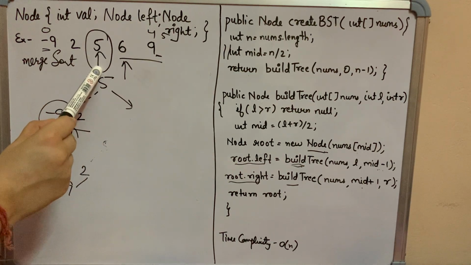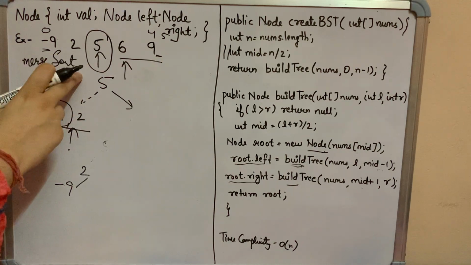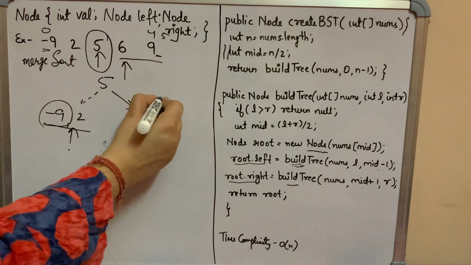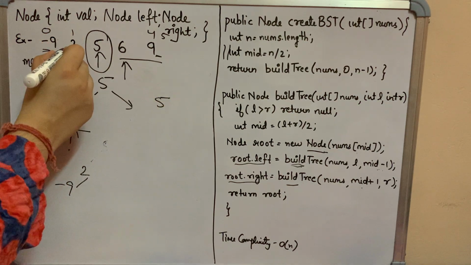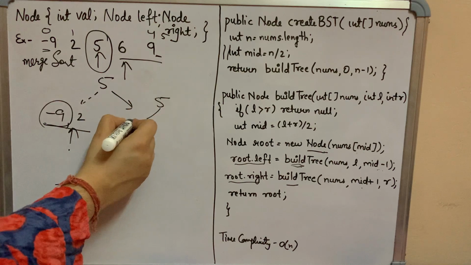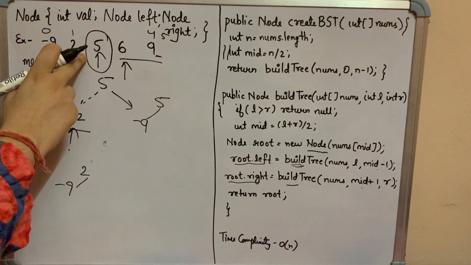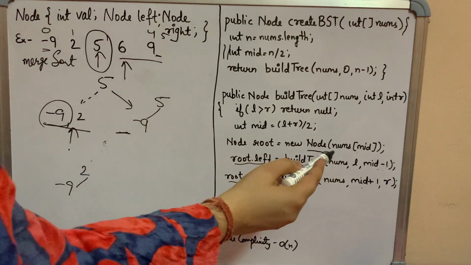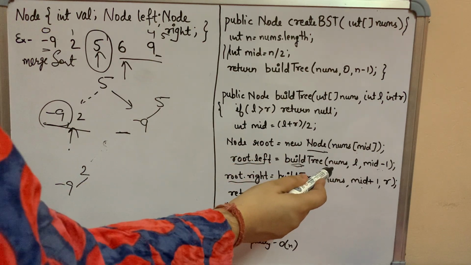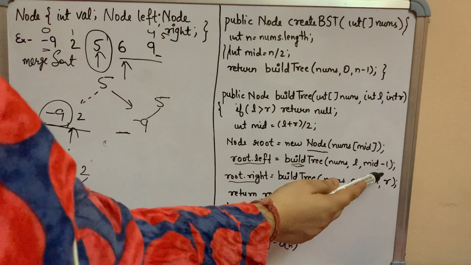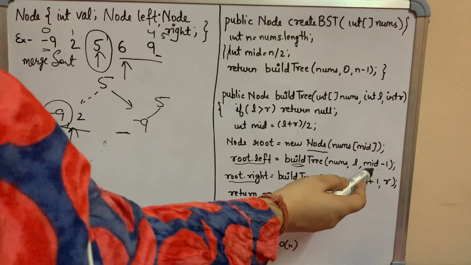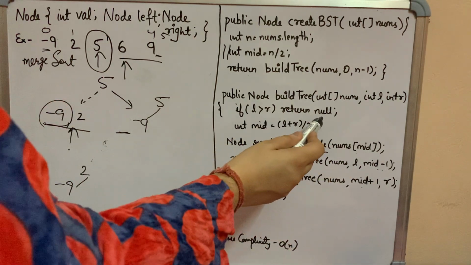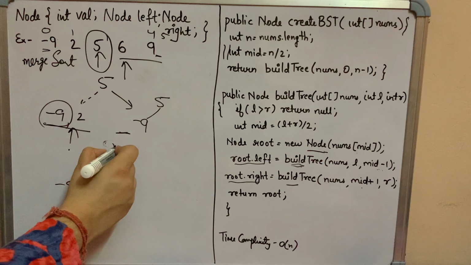So if 5 is this, now you again split it into 2. The indexes are 0 and 1, which is again your 2. So for your 5, 0 and 1, the middle one becomes 0, so your element will be -9. Now what are you left with? There is nothing here. So when you call this function for the left part, middle -1, what is this? It's -1, because left is 0, and 0 minus 1 is -1. -1 is greater than, no, return null. So this part will have null.